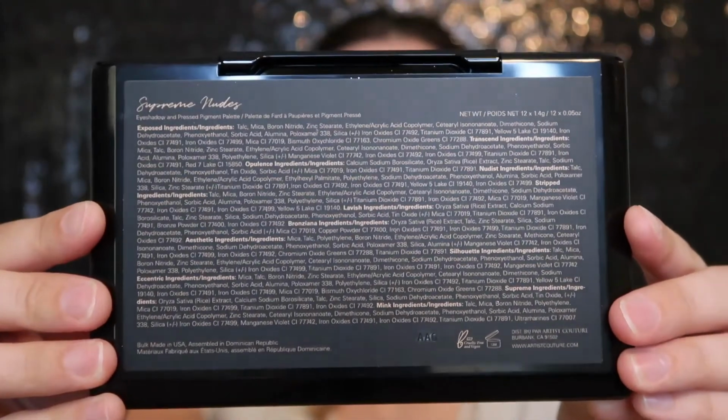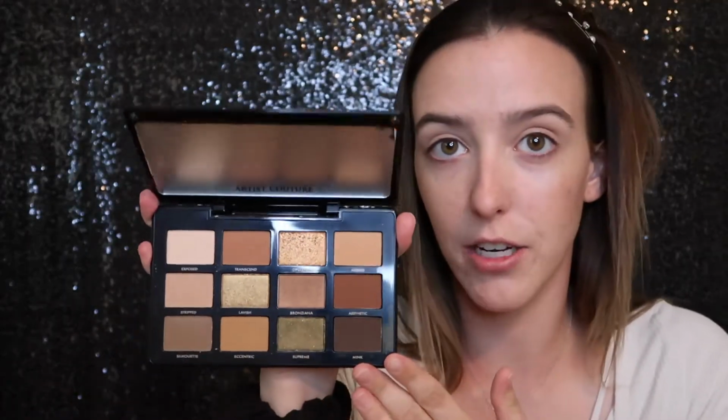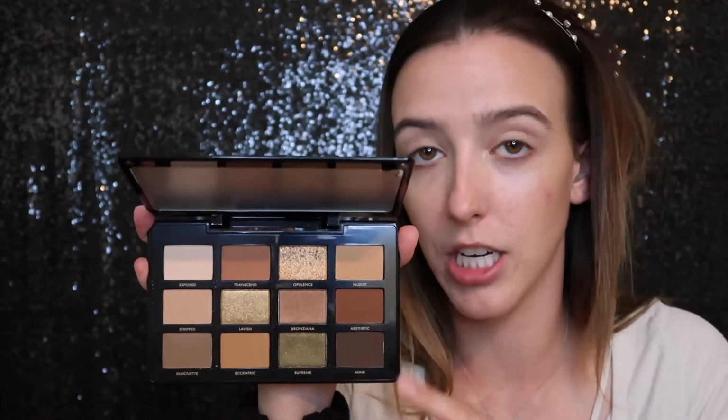I know a lot of palettes, they only put the ingredient info on the box, which this has as well, but who keeps the box? Usually nobody keeps the box. So I feel like this is kind of nice to have all of the ingredient information on the back in case you do care about what is in the product. And then you open it up and there is no plastic protective layer over the shadows, but this is what they look like. It's a little bit glary because of the type of packaging,